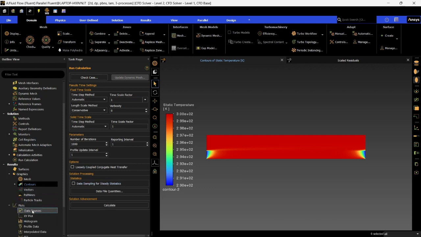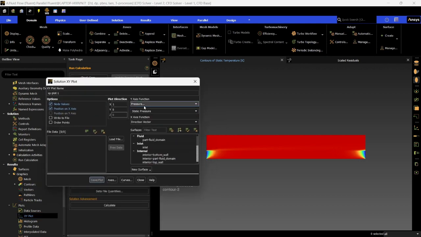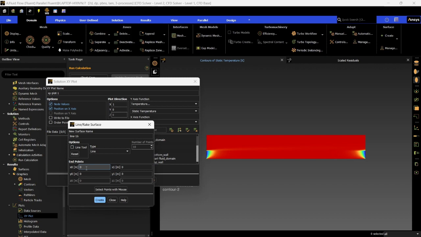And similarly, if you want to plot the various x and y plots for the temperature, pressure and density variations, just go to the plots over here. You will be getting the XY plot. Double click on that XY plot, and you will get this. On the y-axis, I am selecting the temperature, and on the x-axis, I am selecting the direction vector. And I'll be choosing one new surface, or basically here I'll be selecting one line. The starting point will be 0, 0, and the ending point will be